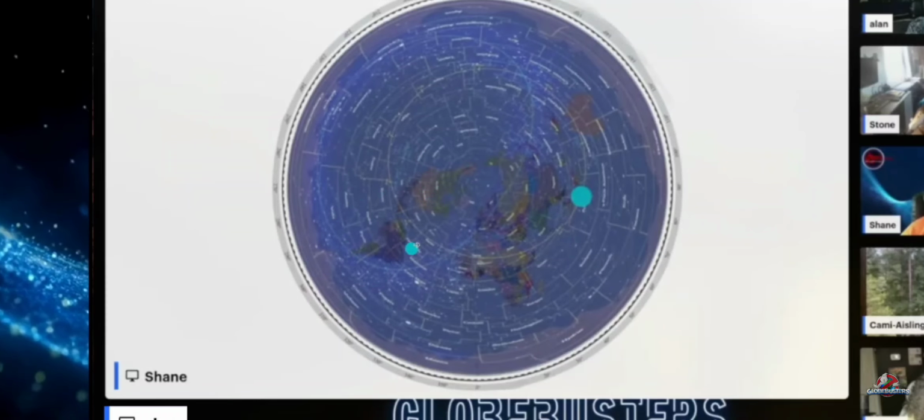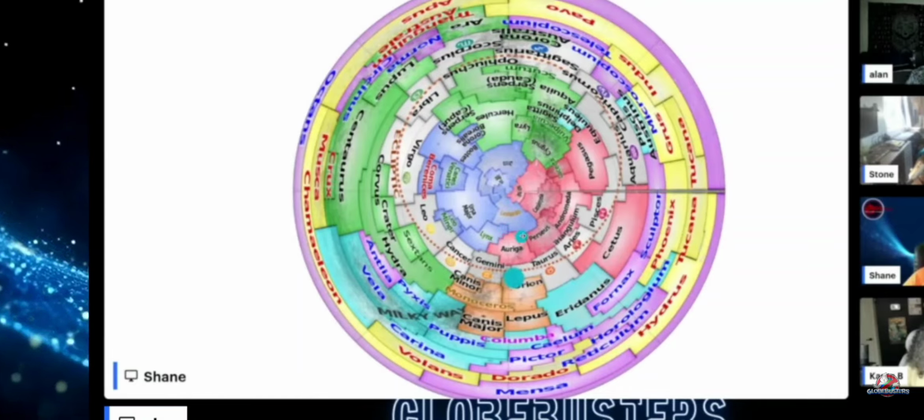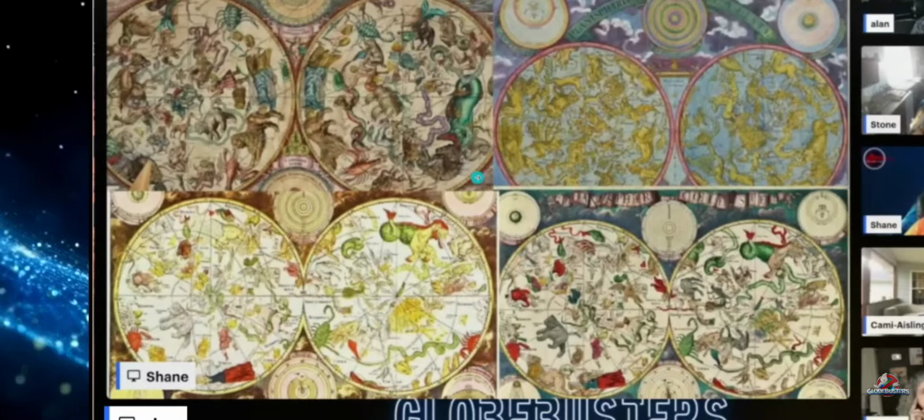But this is what the whole map and everything is all based off of, these positions where these were at a specific time, and then adding 15 degrees per hour to it to have a rotation. So here's the zodiacs here, all configured at the first cusp of Aries, and then just wrapped around the same kind of projection, the same kind of azimuthal equidistant projection here, showing just what that looks like, and then just adding 15 degrees per hour from this is all they did to link it together to the ground.